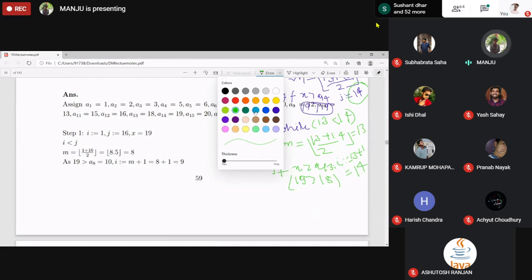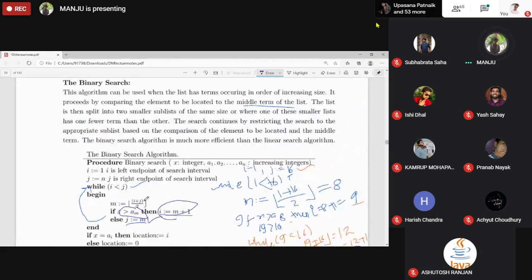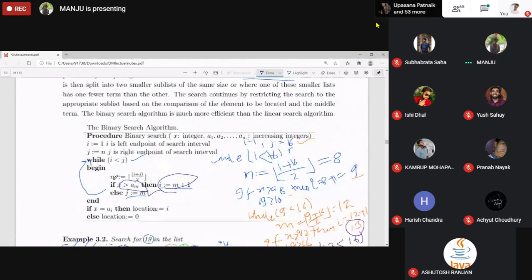Now it goes back to the condition and checks whether 14 is less than 14, true or false? False. So will this while loop even begin?